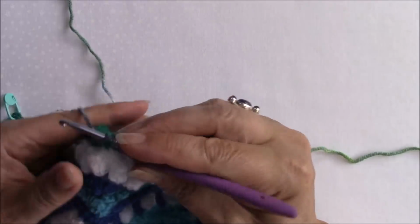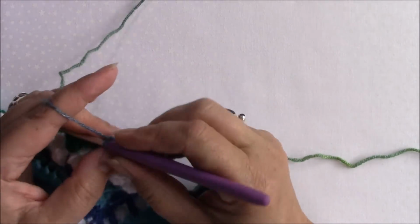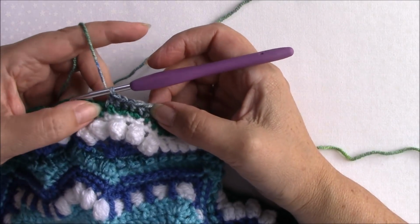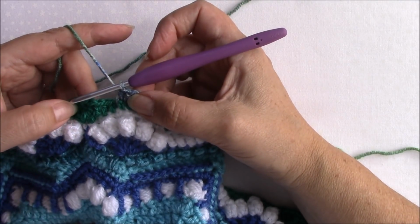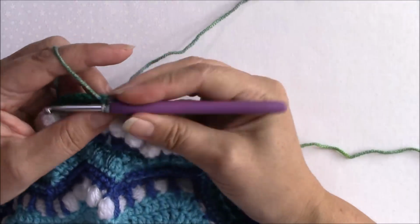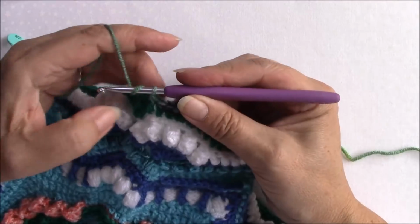3, 4, and 5, and 6. So that 6th front post half double will fall into the last single crochet there. Okay, so now we're going to front post single around the next 2 stitches, which are our half double and then our double crochet, chain 1,